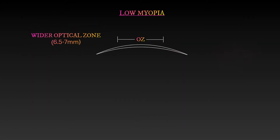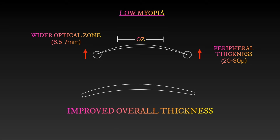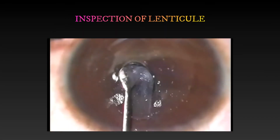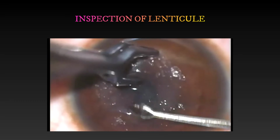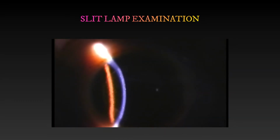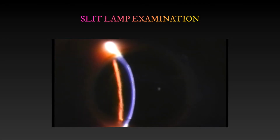Wider optical zones and increased peripheral thickness should be used for low myopia to improve the overall thickness of the lenticule, ensuring its safe removal. Inspection of the extracted lenticule to check for any loss of tissue at the margins and thorough slit lamp examination of the corneal pocket at the end of the surgery should be performed to ensure that no fragments are left